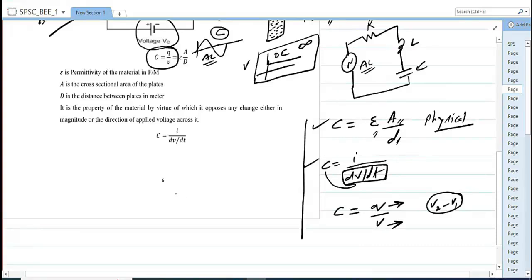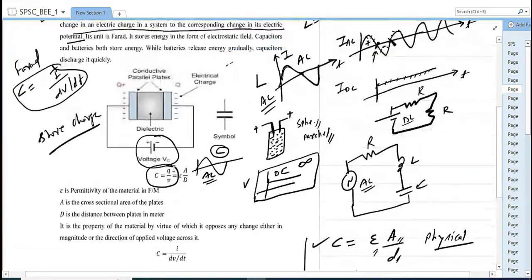Now come here. So this is the capacitor, and this is the dielectric material, and these are the plates. And this type of capacitor is known as a parallel plate capacitor. Now this plus terminal is connected to this one, this minus terminal is connected to this one. After applying electric field, the plus charges come to this plate, and the negative charges come nearby this plate, and here the store of energy takes place